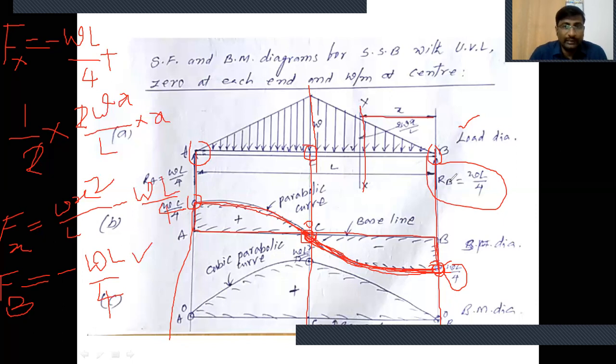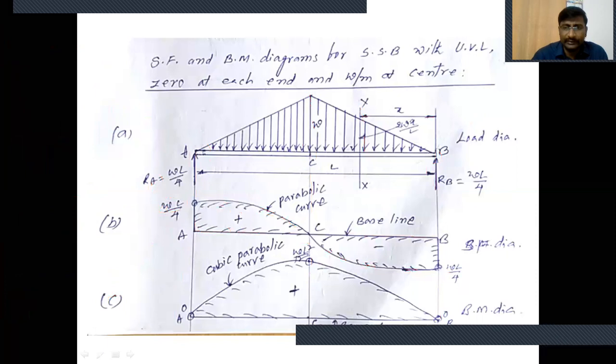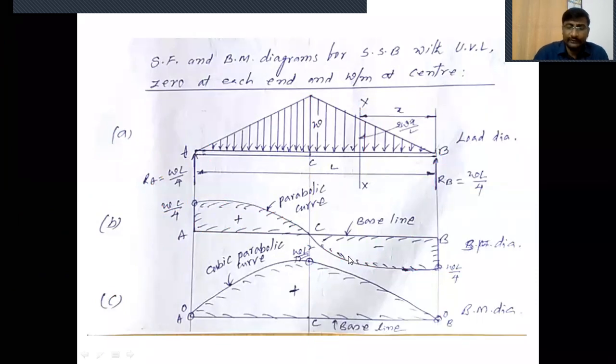One half of the beam gets the positive shear force and the remaining half gets a negative shear force. That is, negative on the portion BC and positive shear force on the portion AC. Clear, students? Here the shear force is 0 at the center of the beam. Where the shear force is 0, there we can get the maximum bending moment. Clear, students? Like this, you have to draw the shear force diagram.